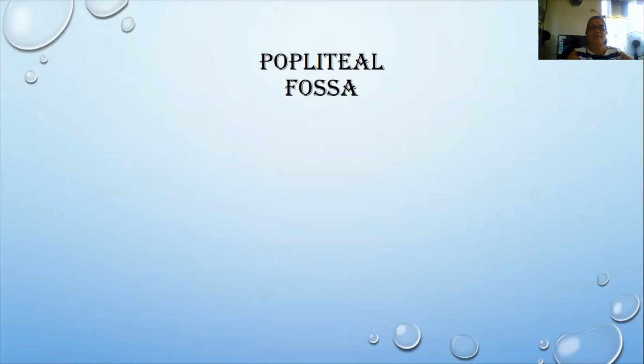Class, we're now on a new topic, which is the popliteal fossa and also the posterior compartment of